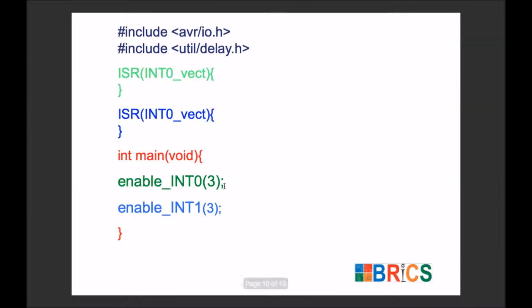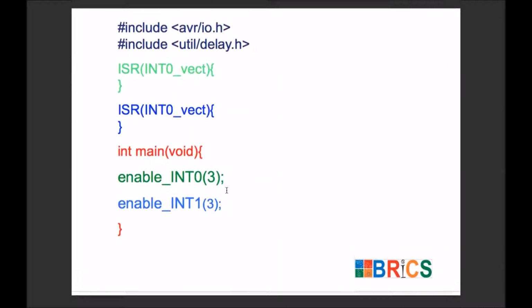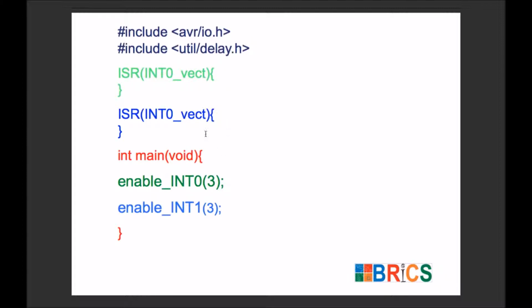Now if we are interested, we can create multiple interrupts also, like here this is int0 and this is int1. Here it should be 1 actually. So interrupt 0 we have enabled with condition number 3, and interrupt 1 we have enabled with condition number 3 also. If we want, we can use a different condition. There is no rule that you can create only the same condition. Both the interrupts are fully independent. Whatever we want, we can do with interrupt 0, and whatever we want, we can do with interrupt 1. Similarly, if we want, we can use all three interrupts.